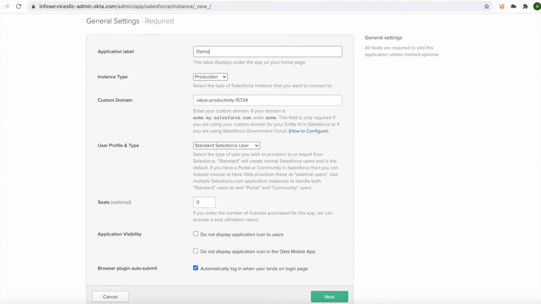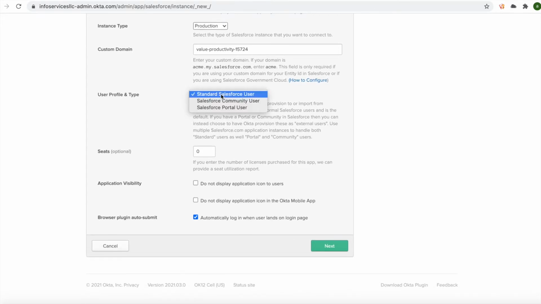So let's say demo Salesforce org, and here you can provide the role as license. So for this demo purpose, I'm going to use the standard Salesforce user, and if you want to use community, you can use community. If you want to use portal, you can select the portal. So for demo purpose, I'm using Salesforce standard users, and after that, leave other settings as they are, and then